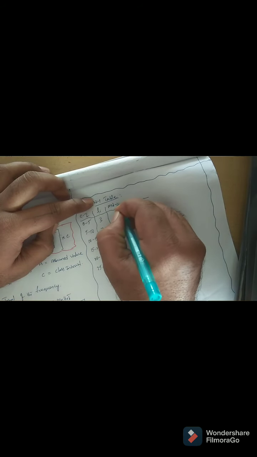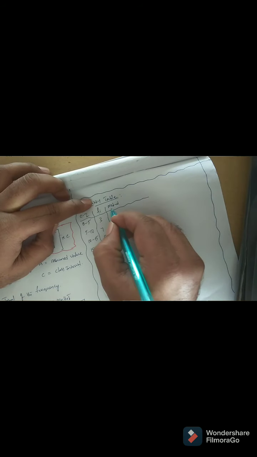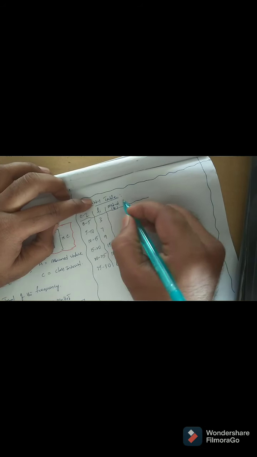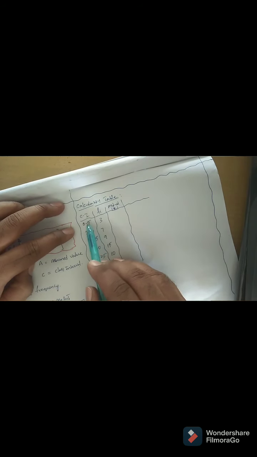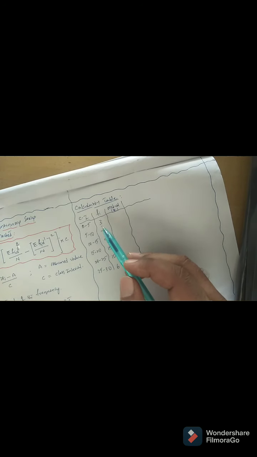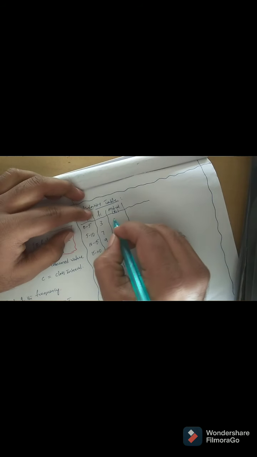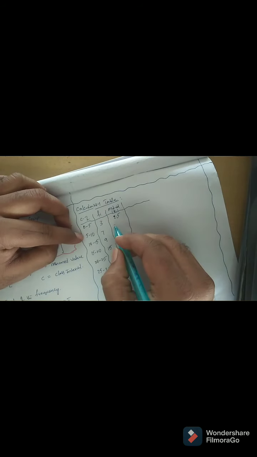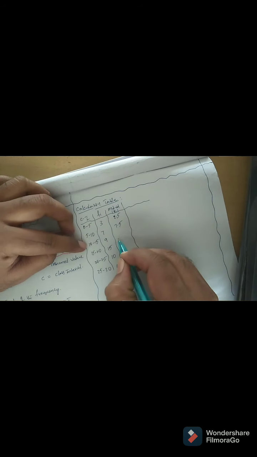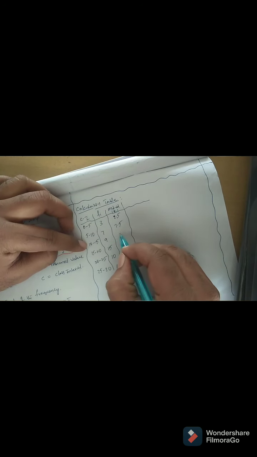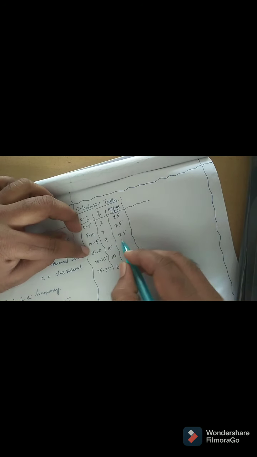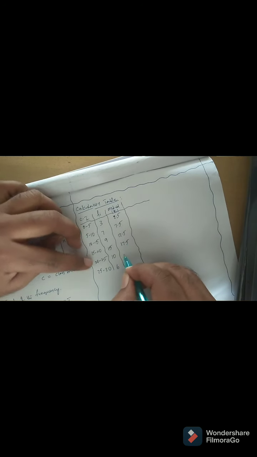Very important calculation, mid values. How do you represent it in standard notation? Xi. This is important. How to get the mid value? Higher limit plus lower limit by 2, the average. So 5 plus 0 means 5. 5 by 2 means 2.5. So 2.5. Now here how much will you get? 7.5. Now here? 12.5. Now 17.5. 22.5. The final one is 27.5. Understand?